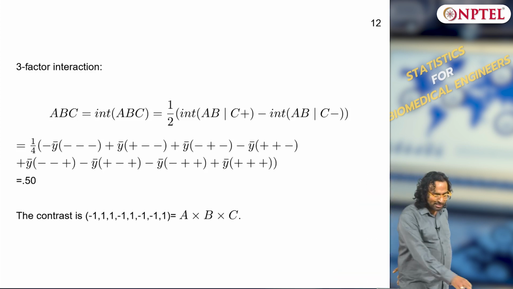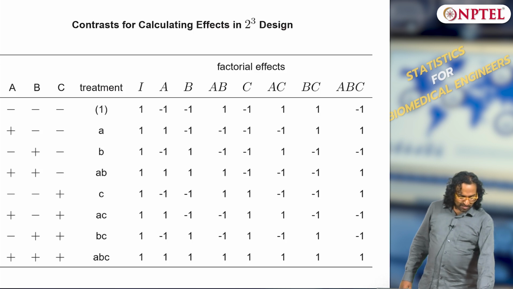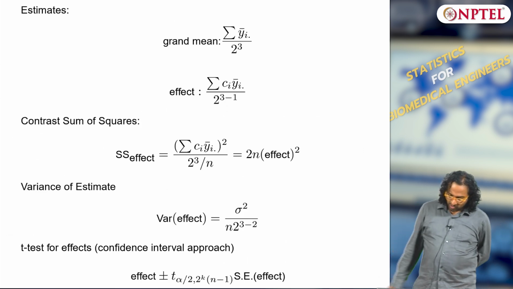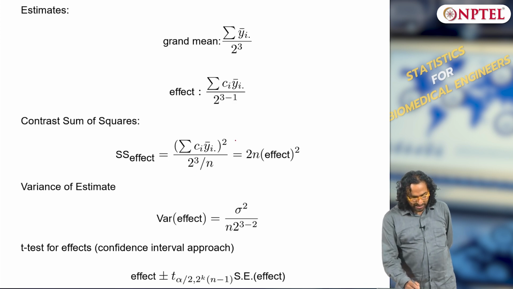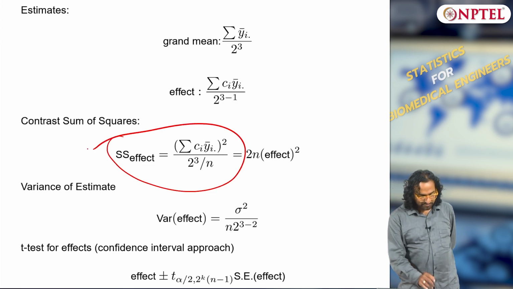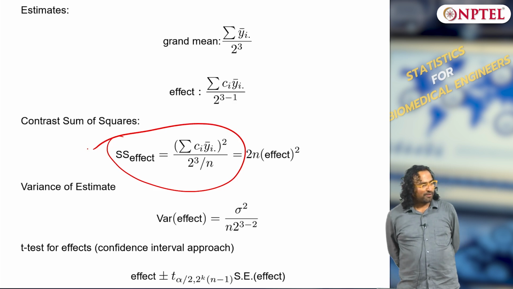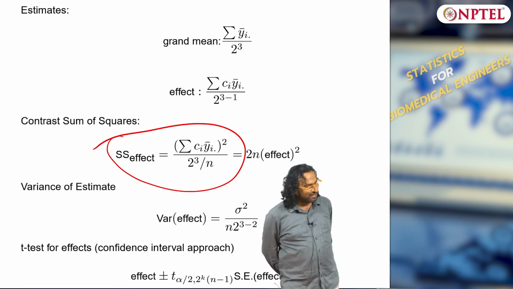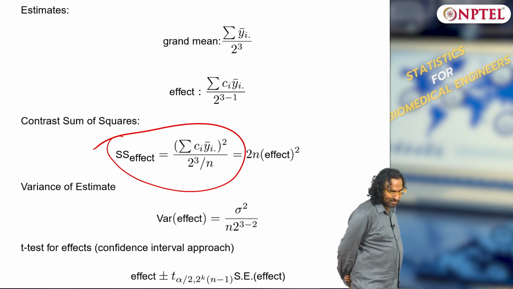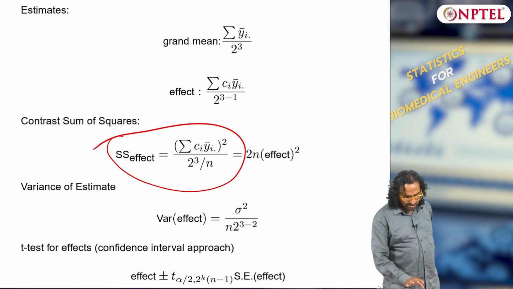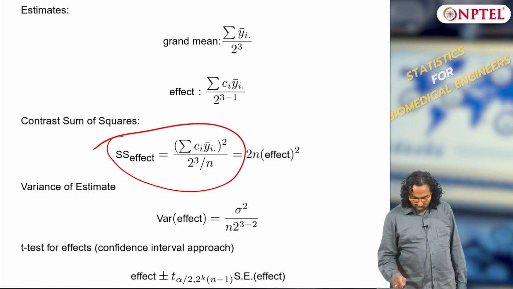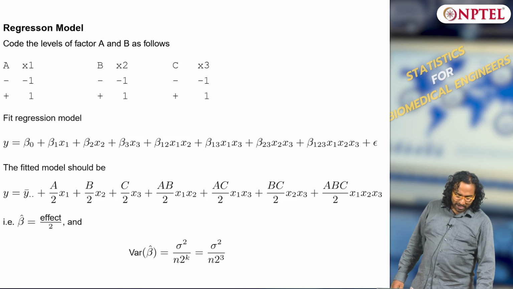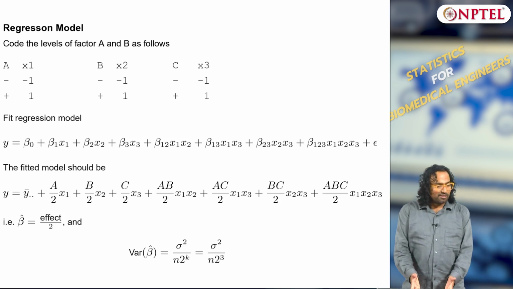So once the contrasts are done, it is again as in the contrast table. So the effect is straightforward, okay. So this is 2 cube by n, 8 by n, this is the sum square effect. Sum square effect is the same, instead of 4 by n now you have 8 by n, 2 power 3 by n. Let us not worry about variance etc. and t distributions, I have not taught you this, but sum square effect is straightforward.